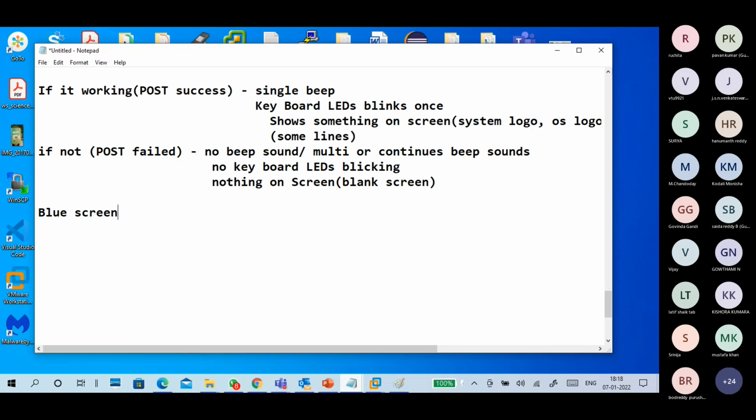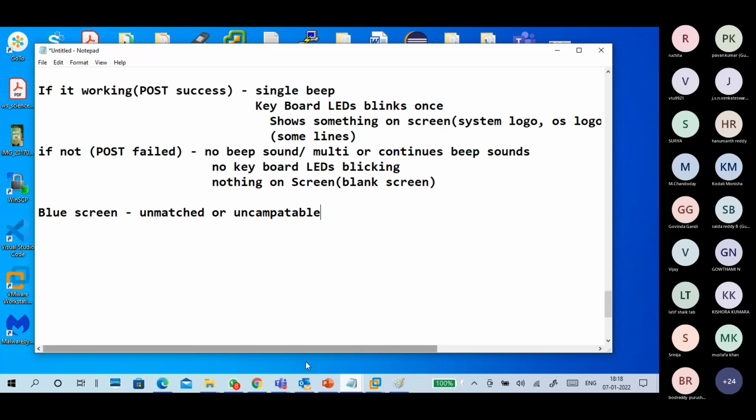Blue screen happens because of unmatched or incompatible devices. Remember all our questions, everything I'm telling. Okay, compatible.